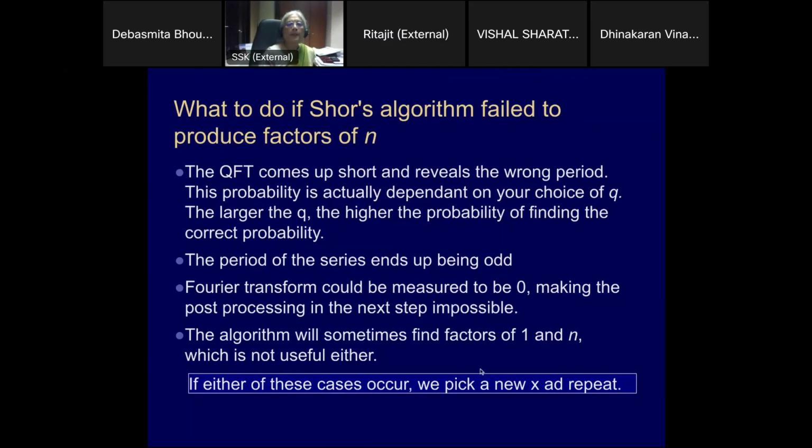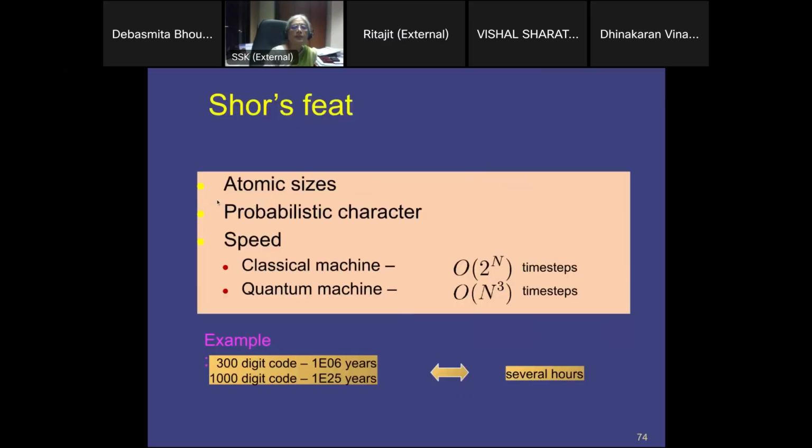So Shor's feat was that in a classical machine, what was done is 2 to the capital N time steps. With a quantum algorithm, he reduced it to NQ. Now, why are we still using RSA, which is based on the fact that factorization is hard on a classical machine? That is because we need